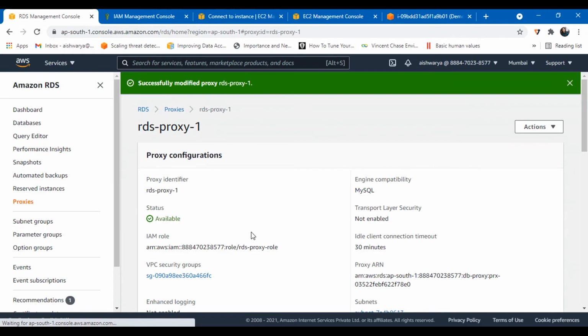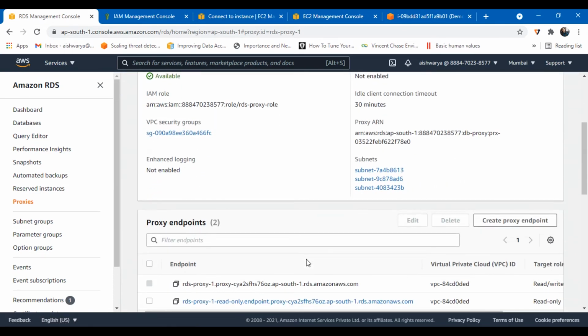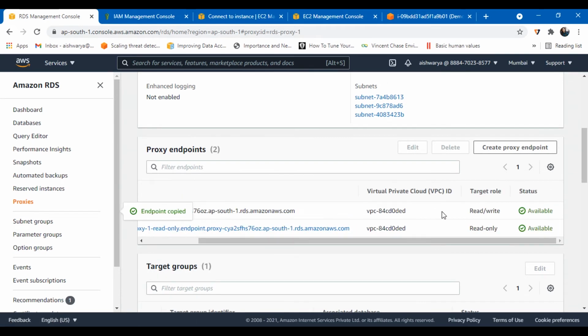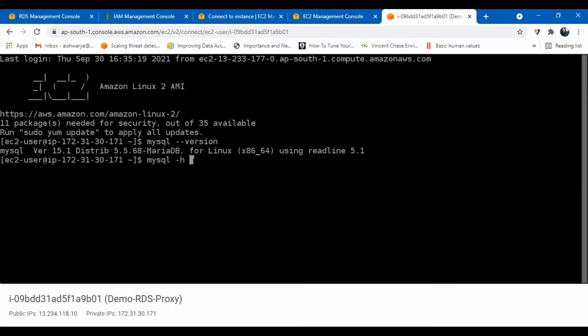So my proxy's endpoint I will copy and then paste it in the command. This is an endpoint which can be used to read as well as write. There is a read only endpoint as well. So pasting this one, and then the port 3306 and user is admin, and it will ask me for the password.